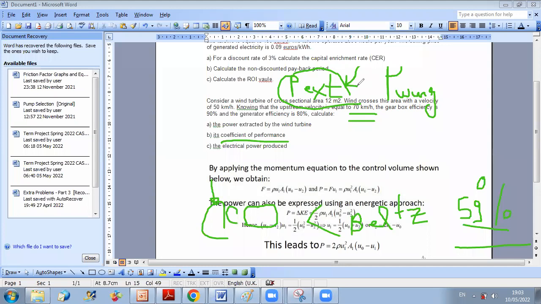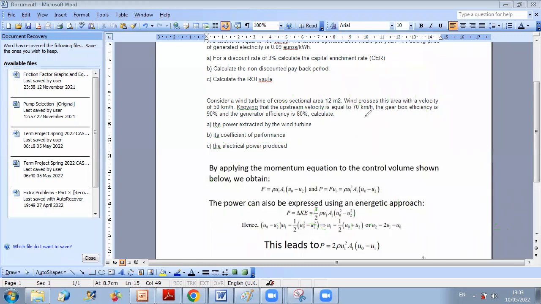Multiplied with the efficiency. Yeah, exactly. Because I have losses due to different reasons. First, I have the gearbox system that is used. This gearbox system has losses, with 90% efficiency, so I have 10% losses at this level. And I also have the generator efficiency for electrical power production. So if I want to calculate at the end the total useful power,